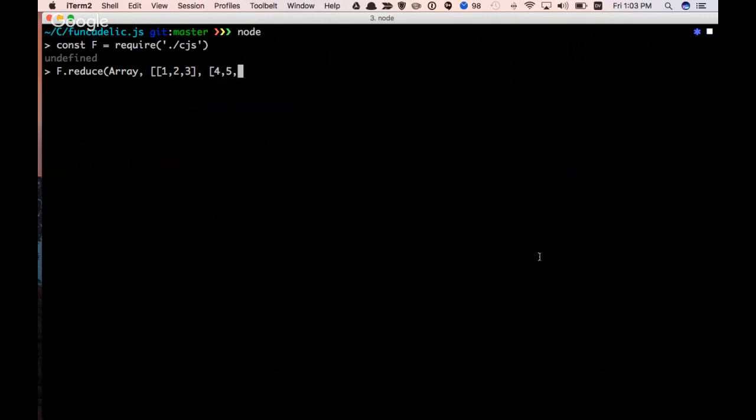A semigroup is something that can be appended together, and a monoid is something that can be appended together and has an empty value. An array has this concept of an empty value, which is the empty list. So there you can see, and what I'm working on is